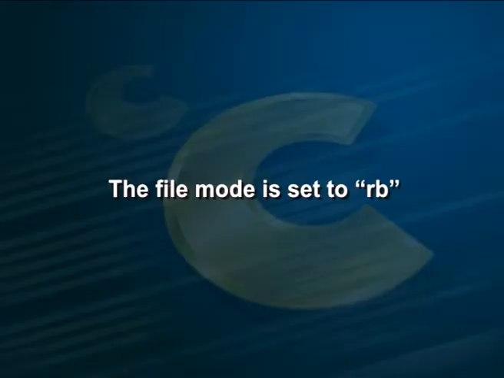The program starts by defining the data structure of the record and creates a data variable to hold data read from the file. The file is opened using the fopen function, but this time the file mode is set to rb, which indicates that a binary file will be read from the disk. Next, a loop is created which reads records from the file until the end of file marker is encountered. Note that the end of file marker gets added to the file when the file is closed.